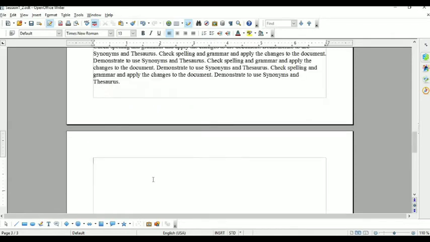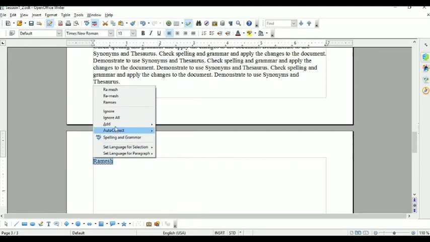Now sometimes one thing happens, like you want to type your name, like your name is Ramesh, R-A-M-E-S-H, Ramesh, and press the enter key. The spelling of Ramesh is correct, but it is showing an error. Why is it showing an error? Because this word is not present in Writer's dictionary. What do I do? We can resolve this error by right clicking on this word, then there is the option add.